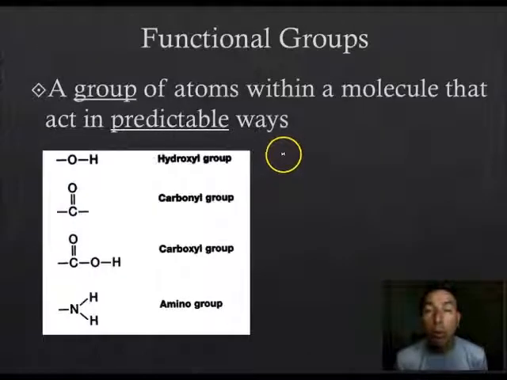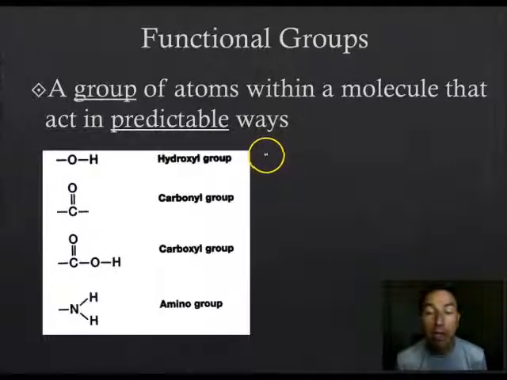Now, when we look at organic molecules, they're made up of different groups sometimes, and we call these functional groups. Functional groups are groups of atoms that are bonded together in certain arrangements, and they function in predictable ways, or they react during chemical reactions in predictable ways. So these are some of the four main ones that you'll see on some of our biological molecules as we